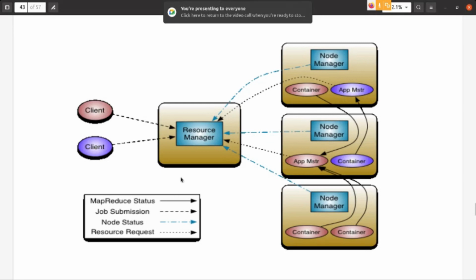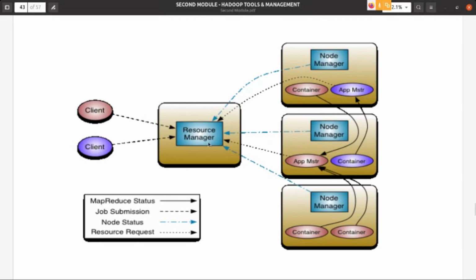Previously, the application master and resource manager were both running in a single system. If there are more nodes and more applications running simultaneously, the master can't manage, and the master will fail. If the master fails, everything will fail. Now the master's responsibility is split into two parts: resource manager and application master. The resource manager runs in the master itself, and the application master runs in different node managers, on different nodes. And look, what is this client? These clients are anybody who is using your cluster.